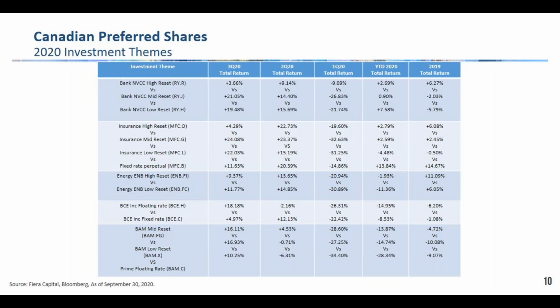But when you look at the year to date, you can see, yes, the banks are also performing okay on the low and mid reset. Same for Manulife, right? But when you look at those Enbridge and BCEs, yes, they performed better in Q3, but they're lagging big time the rally for the full year, right? So I think there's still a lot of upside, and I think the market should focus a bit more